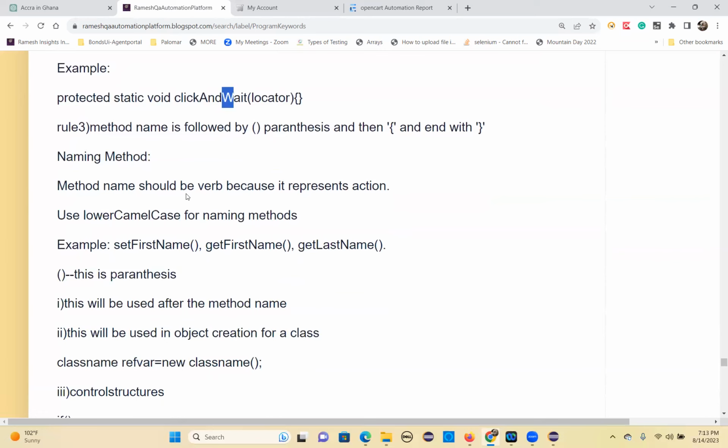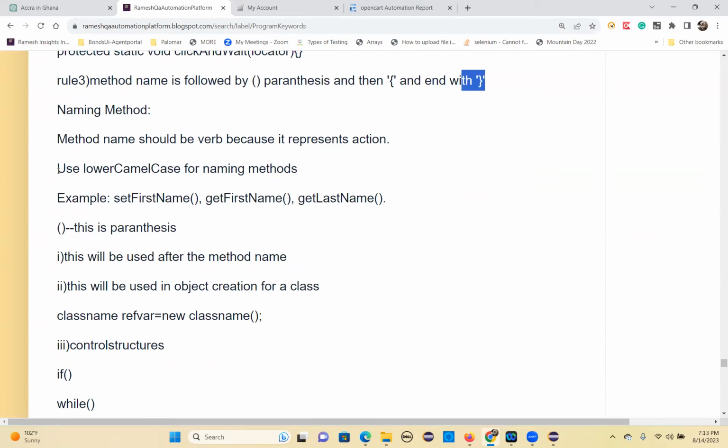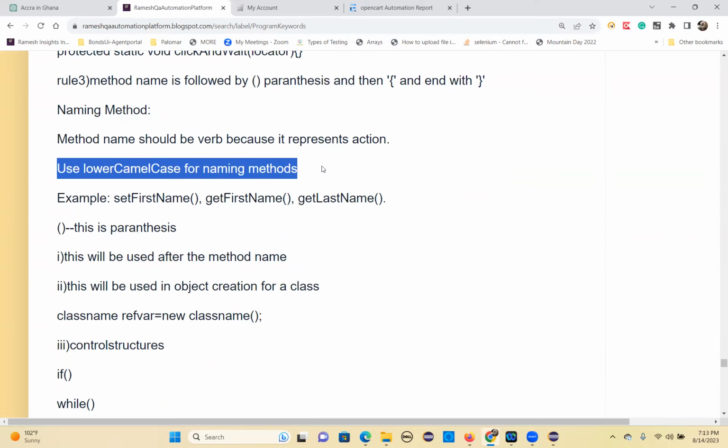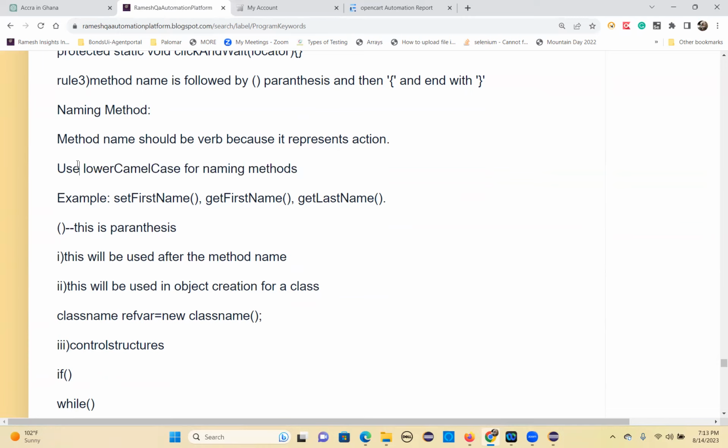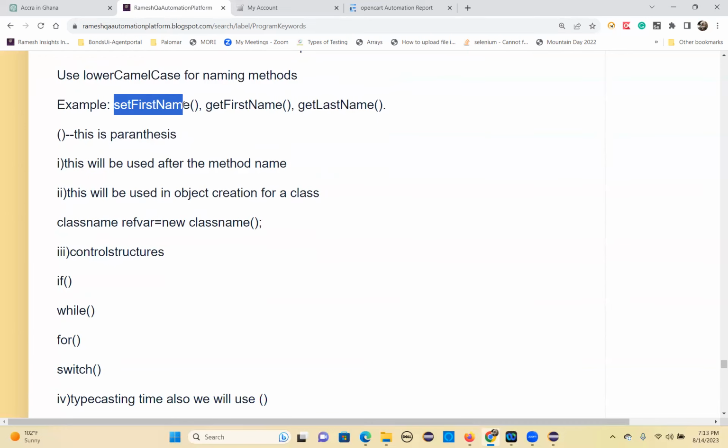So a method name should be a verb because it represents an action. The method name is followed by parenthesis, and then curly brackets or a body must be there. So use lower camel case for naming methods. Make sure to use lower camel case for naming the methods. So I have given the class naming conventions and method naming conventions now. Okay. So see that set first name,